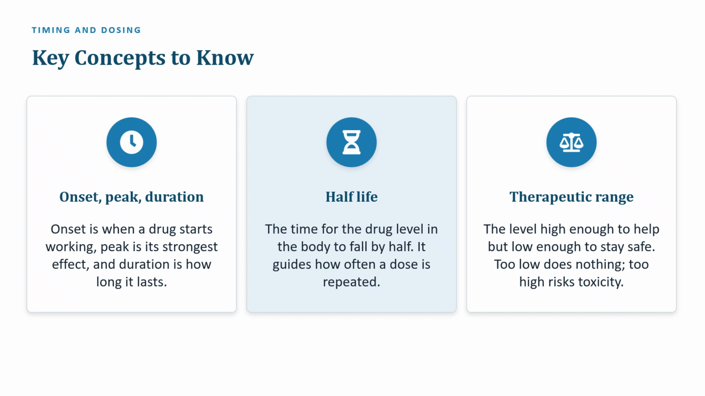The third card is therapeutic range, sometimes called the therapeutic window. This is the sweet spot where the drug level is high enough to help the patient, but low enough to remain safe. Below the range, the drug doesn't work. Above it, there are risks of toxicity. Some drugs have a wide, forgiving range, while others have a very narrow one and require careful monitoring, sometimes with